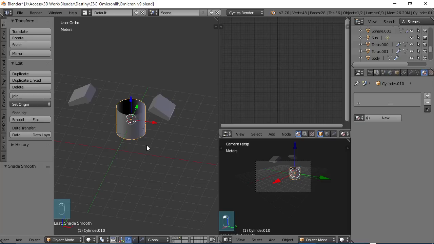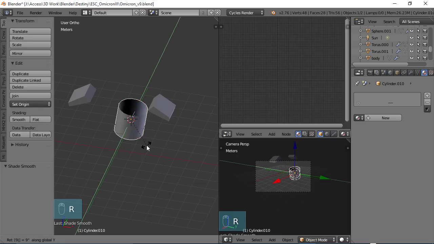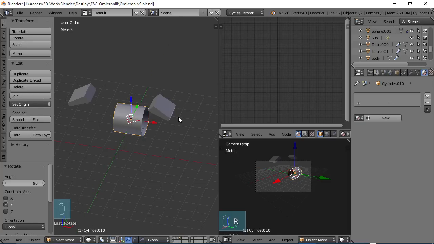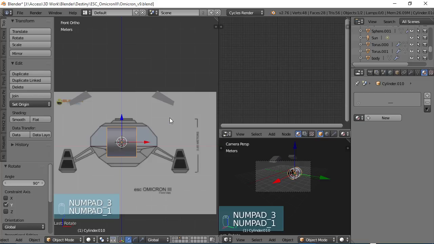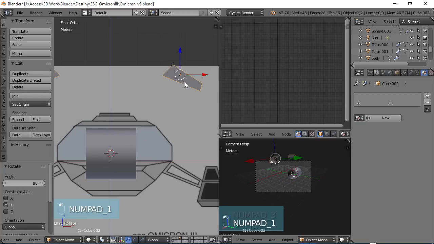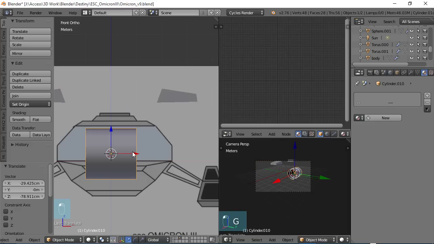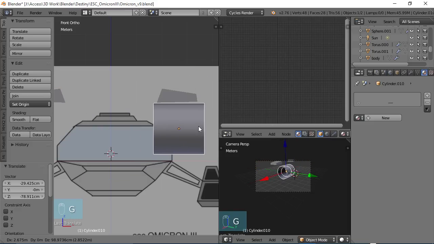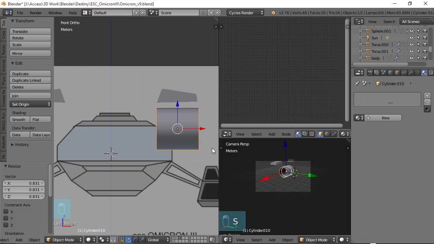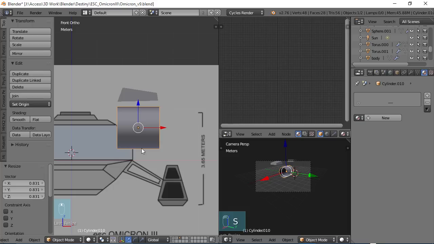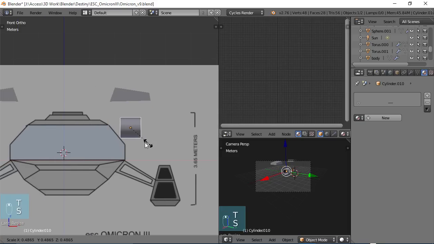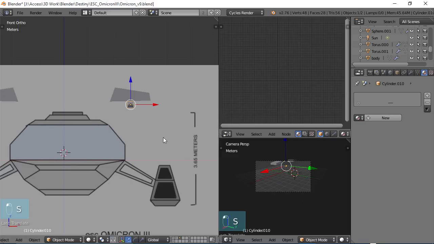And let's do a RY90, enter, work along the 90, and let's go to front view, and I'm going to take this and I'm just going to rotate it like so, just to get an idea of how long this is going to be. So first I need to scale it down to how big the diameter I wanted this, so scale it way down. I don't want it too big. And then SX,